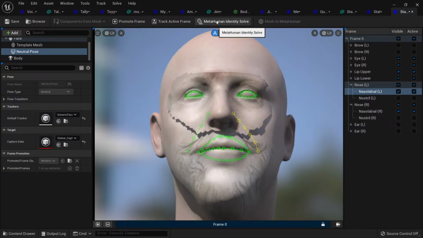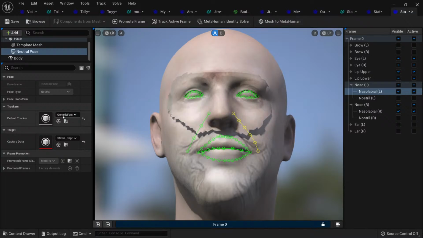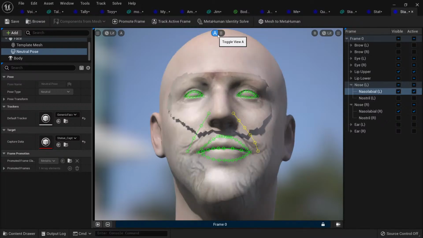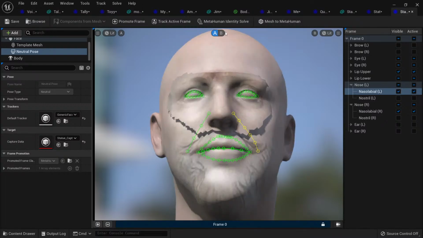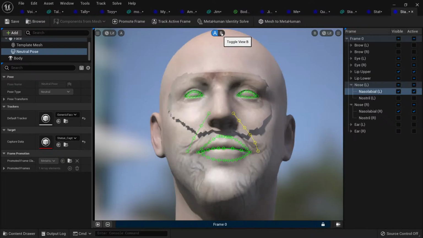So from that point, we'll go to MetaHuman Identity Solve. Let's see what it does in terms of building it. Let's see if we can get improved accuracy from the first build. So now we're gonna go to B. And as you can see, it looks a little bit better, but even then, the nose is still not the same size. I'm wondering if that's